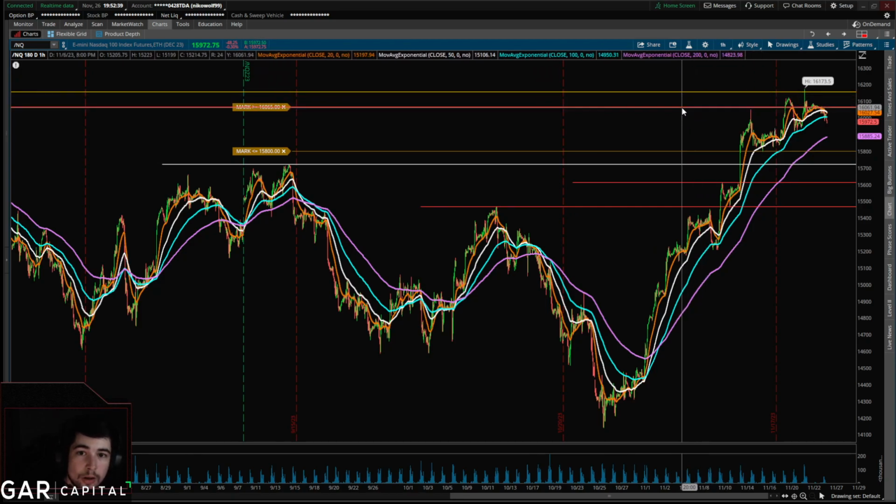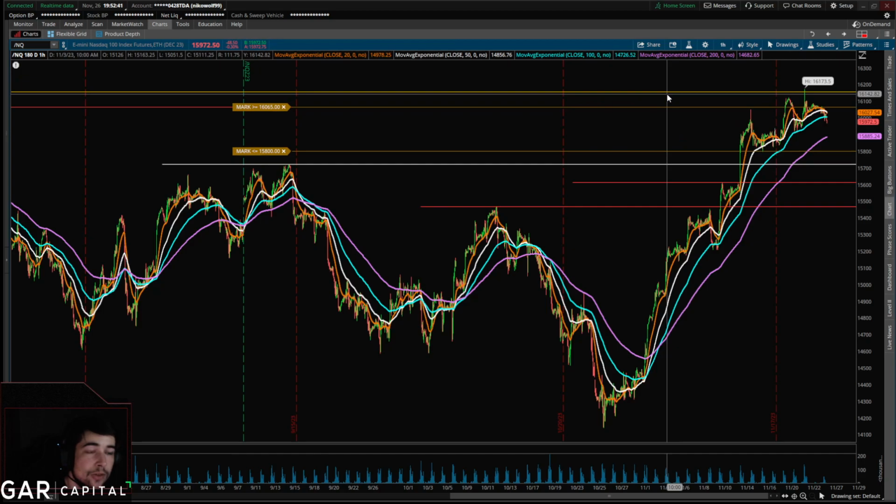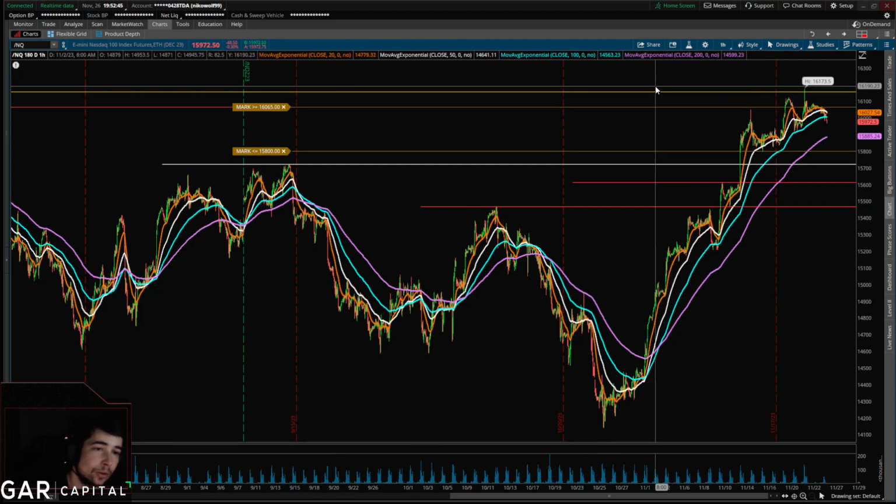We can bite on long above 16,065, and we can have the first take profit set at 16,173 and ultimately target 16,450. Or the safer side, we wait on 16,173 to break, and then we target 16,450 to the downside. Again, I would say tight stops, and we would move them quickly. Other than that, that's all she wrote.